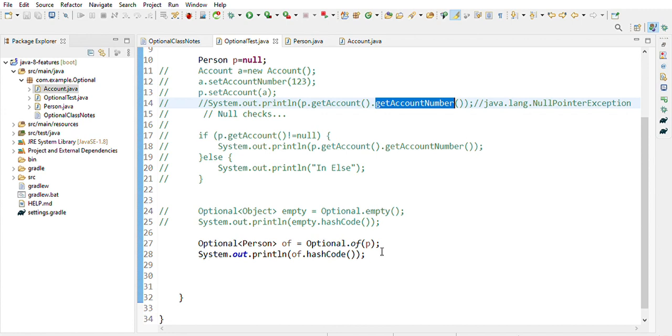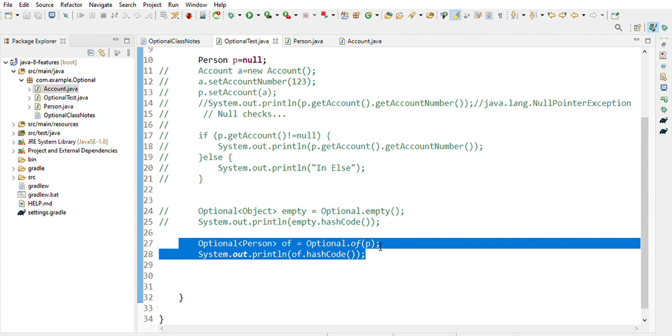By using this of method, by assigning this person object to the Optional itself, it raises the null pointer exception right away, before accessing the variable. It directly tells us we have a null value for the instance. But this is also not that useful for writing programs, and we have a better way to handle null pointer exceptions,